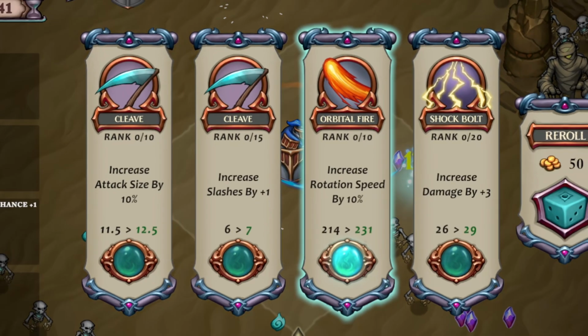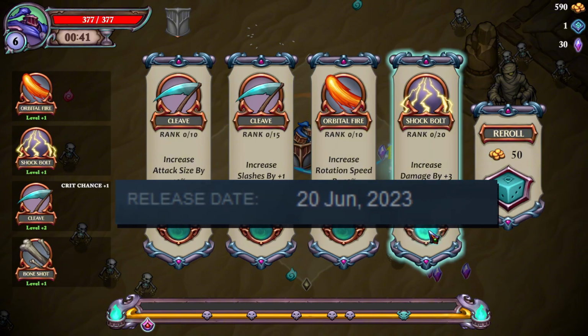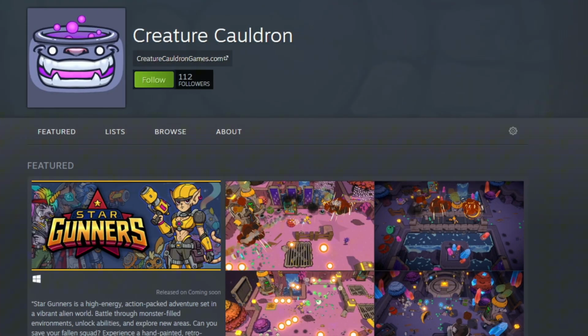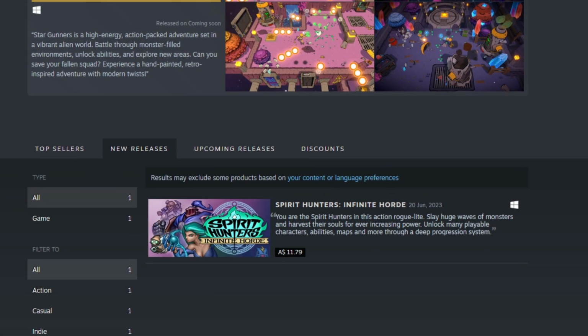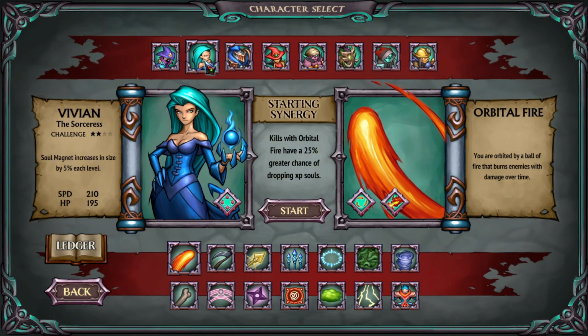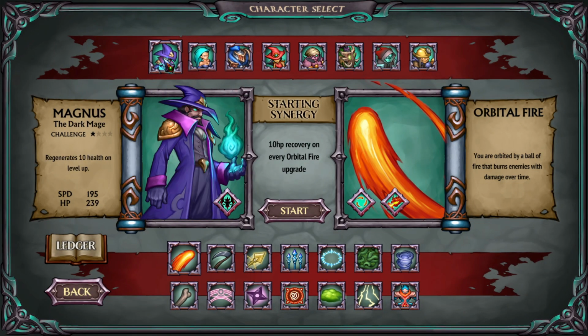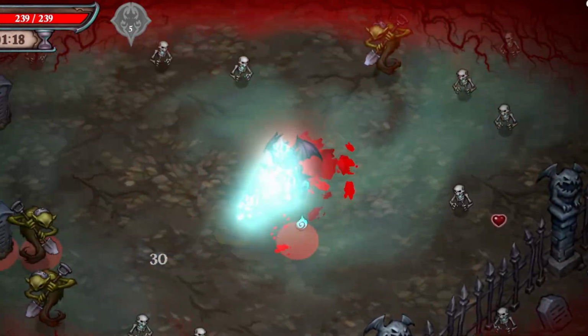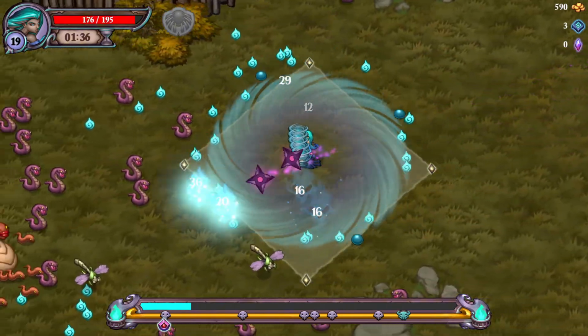Spirit Hunters Infinite Horde, released on the 20th of June 2023, sitting on mostly positive, and this is the developers, Creature Cauldron's first and currently only game release, but has another game currently in development. Character selection has you pick from characters that each have a unique passive and an activated hero ability. These can range from turning into a bat and gaining lifesteal, summoning a vortex that deals damage, or infecting every